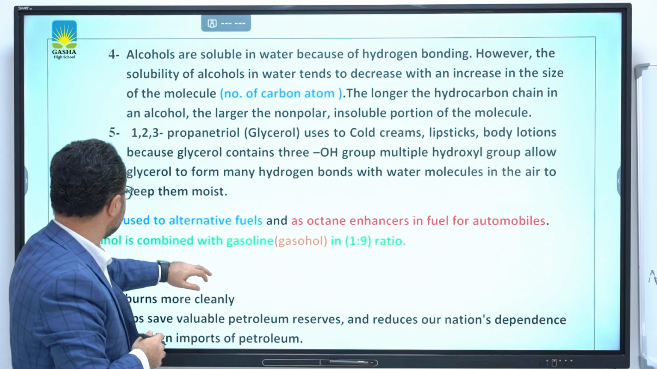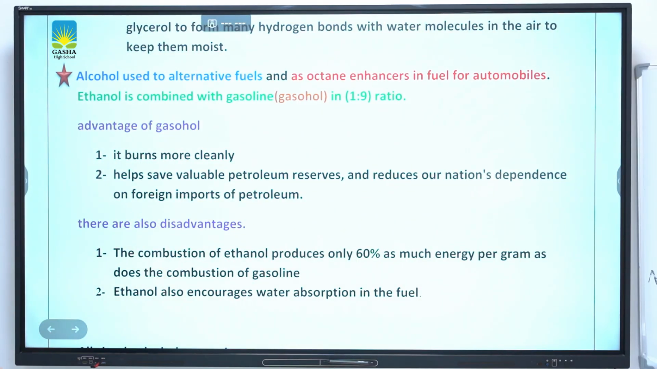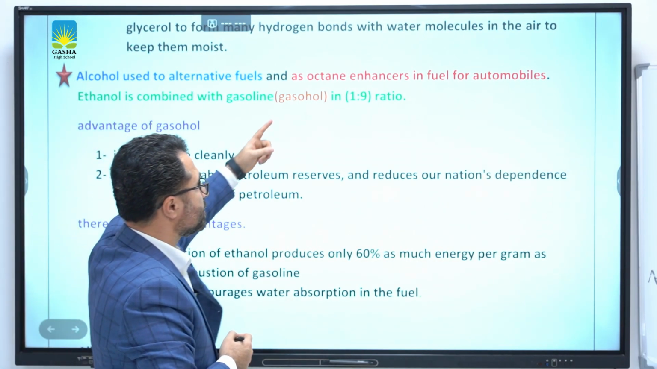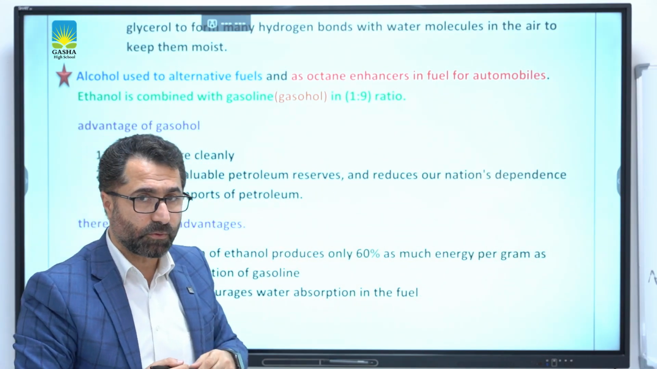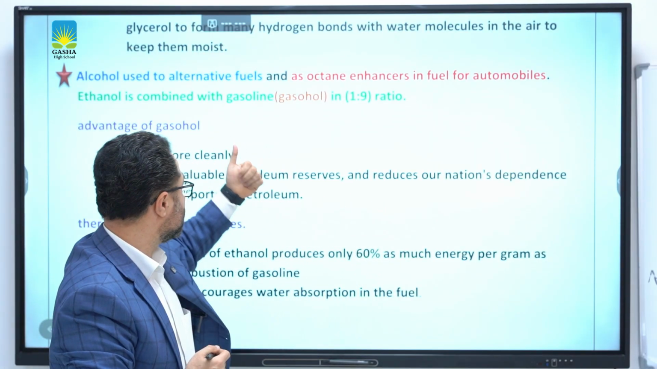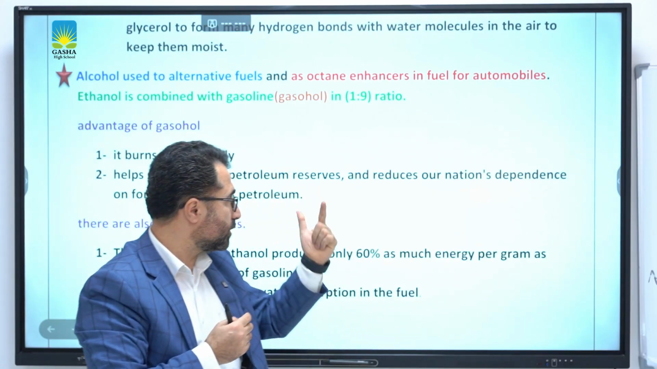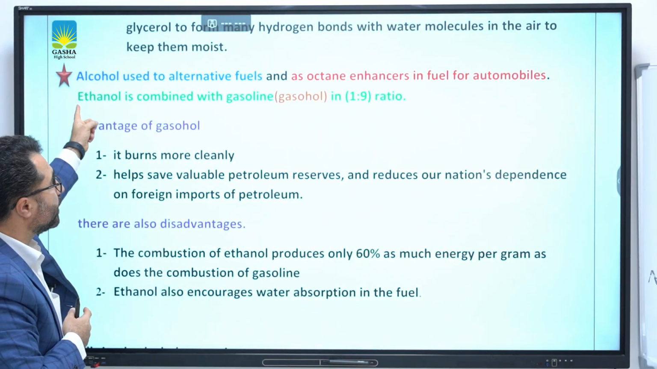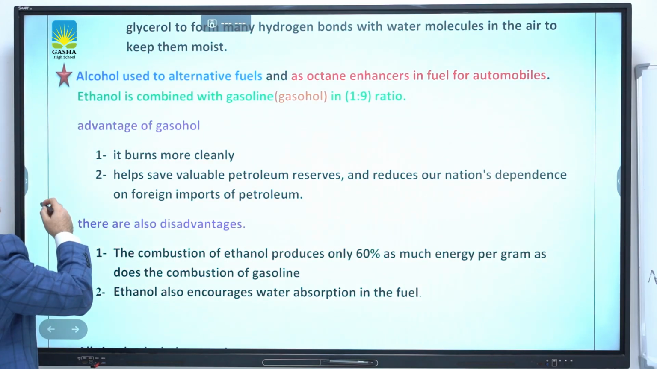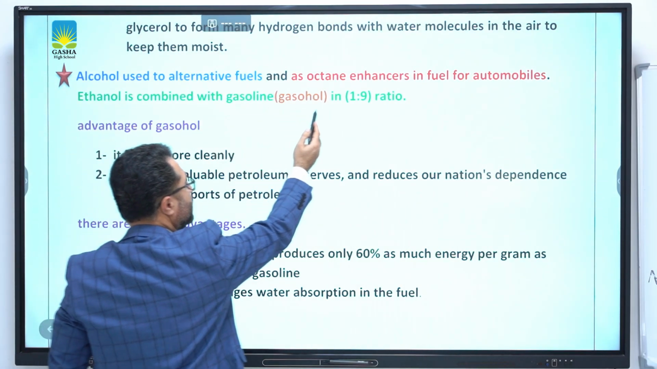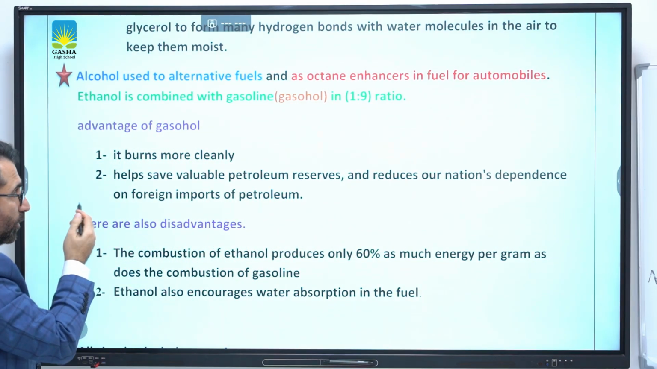Another use for alcohols is as alternative fuels, an octane enhancer. The octane enhancer is the second way to increase the octane number for gasolines, by adding ethanol. The first way is adding isooctane. The second is adding ethanol. Not all alcohols, just ethanol. Ethanol combined with gasoline in a 1:9 ratio is known as gasohol. It can increase